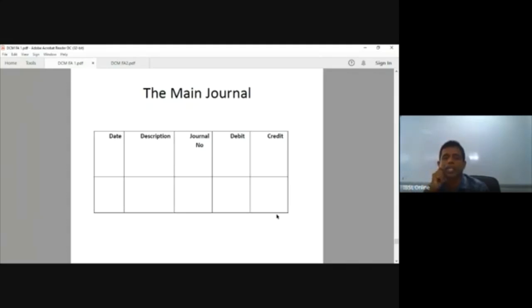Then there is another entry called closing entries. Those also come under the main journal. And the final one is adjustment entries. In order to make adjustments to the financial statements, you make some adjustment entries. That is also covered under the main journal. It will take some material time. If you want to learn those things, you can go to any A-level materials and get an understanding of these entries.